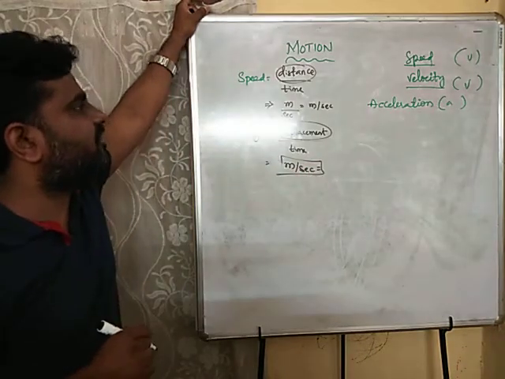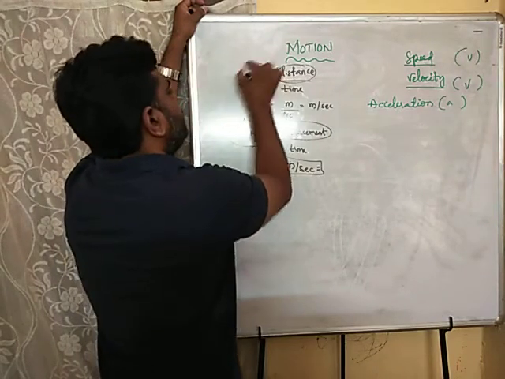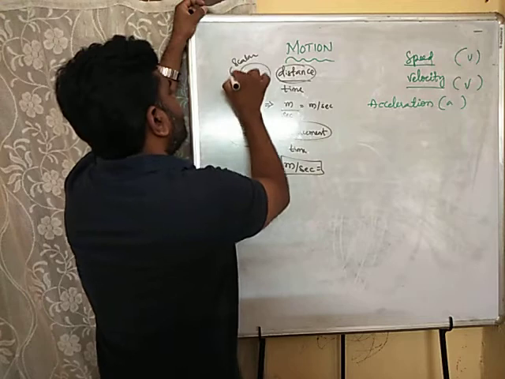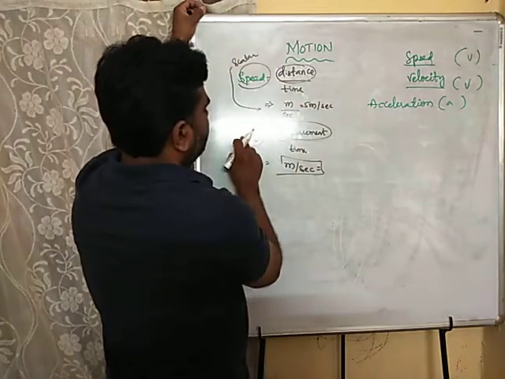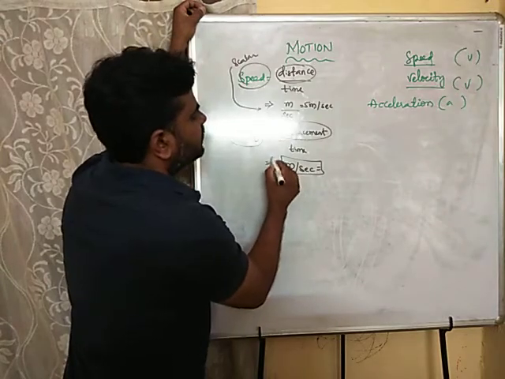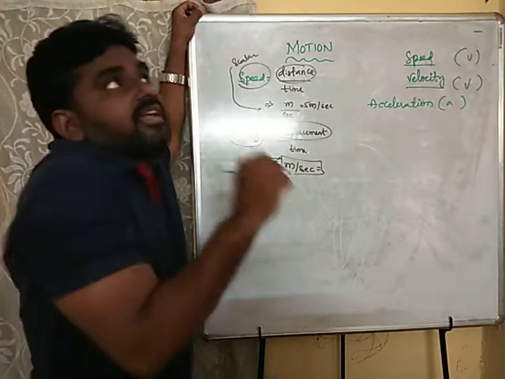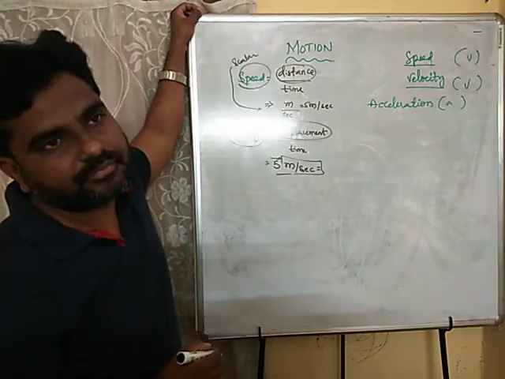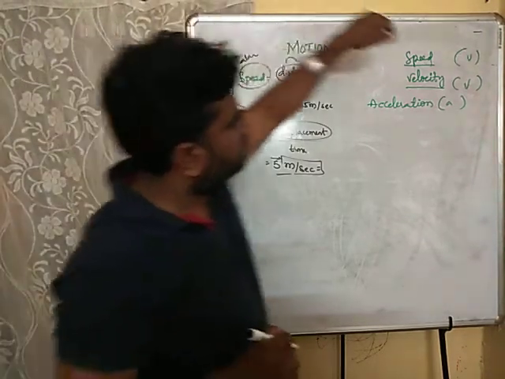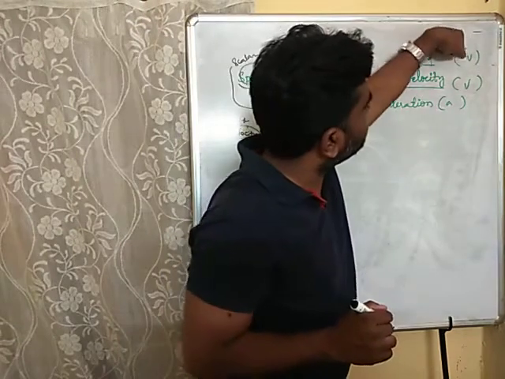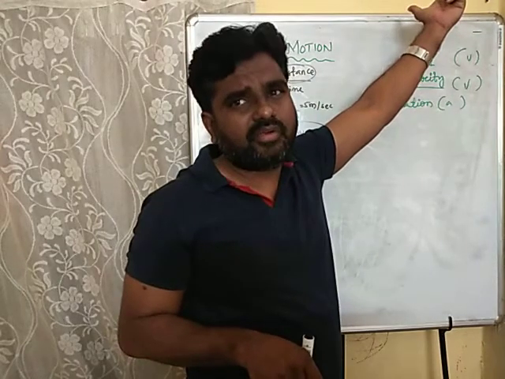Then what is the difference between speed and velocity? Velocity is a vector quantity and speed is a scalar quantity. A scalar quantity has only magnitude, whereas a vector quantity like velocity gives an idea of direction as well as magnitude, in which direction the body is moving or traveling. Always remember this. Here you can get a doubt: speed is denoted by V and velocity is also denoted by capital V. Both are capital V's. Then how can we identify them, sir?